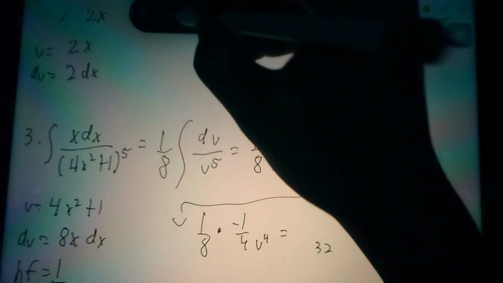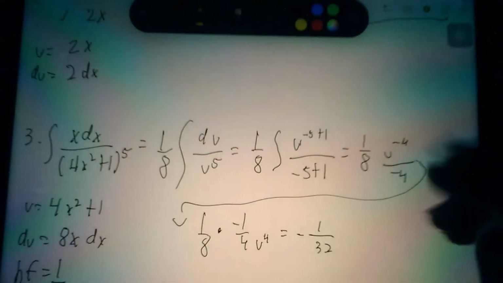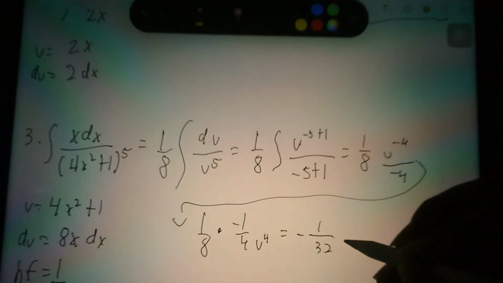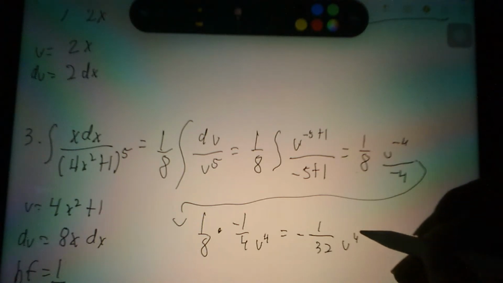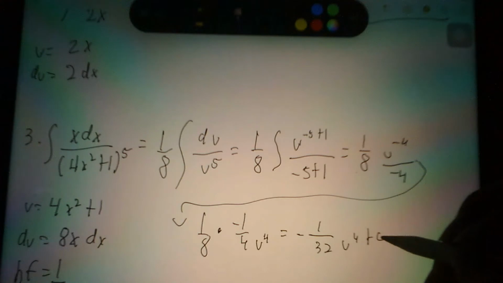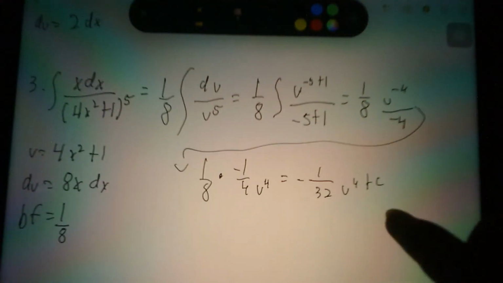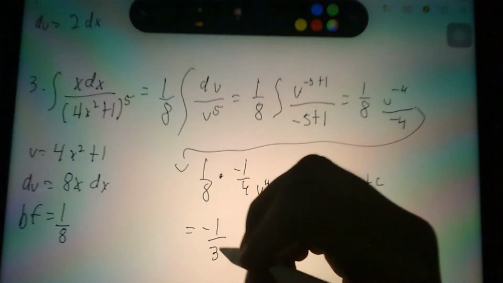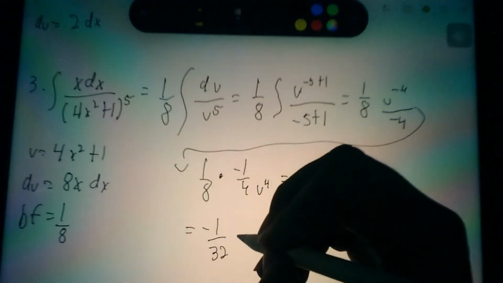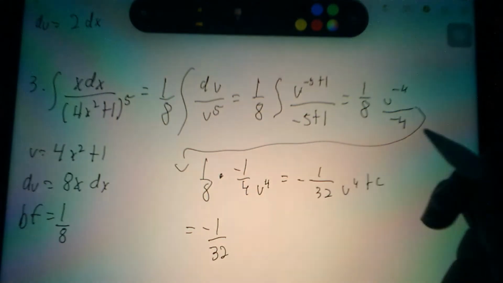So negative 1 over 32, and our u here, we transfer it to the bottom where u raised to 4 plus c. Now we substitute back our u. Our u here is just equals to negative 1 over 32. u here is 4x squared